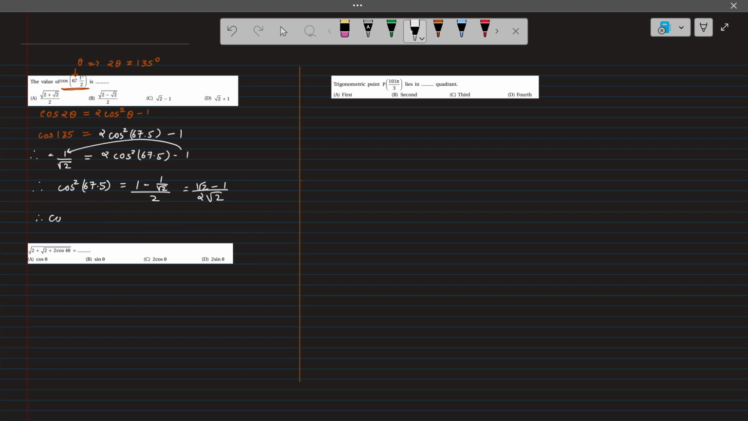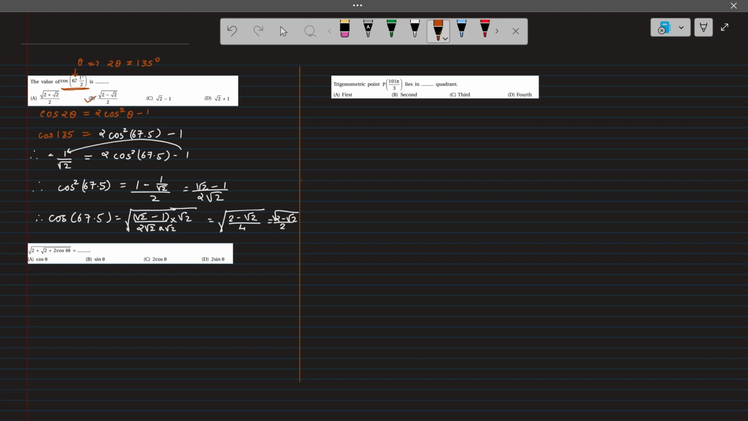Now this is cos square. We have to find the value of cos 67.5. So we'll take the root of this and we'll get under root of root 2 minus 1 upon 2 root 2. Here we can multiply and divide by root 2, and we'll get under root of 2 minus root 2 whole upon 4. Root of 4 is 2, so the final value we'll get is root of 2 minus root 2 whole upon 2, which is given in our option